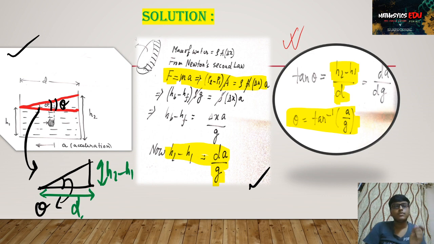Now, what is the mass of water? Density into volume. As I previously told, we have to assume the density to be constant because we are considering ideal fluids. So let us consider density to be rho, and the area of cross section of the elementary piece that we have taken to be A. Also consider the thickness of the elementary piece to be delta x. Now from Newton's second law of motion, we know the net force F on a particular object is equal to mass into acceleration of that object.